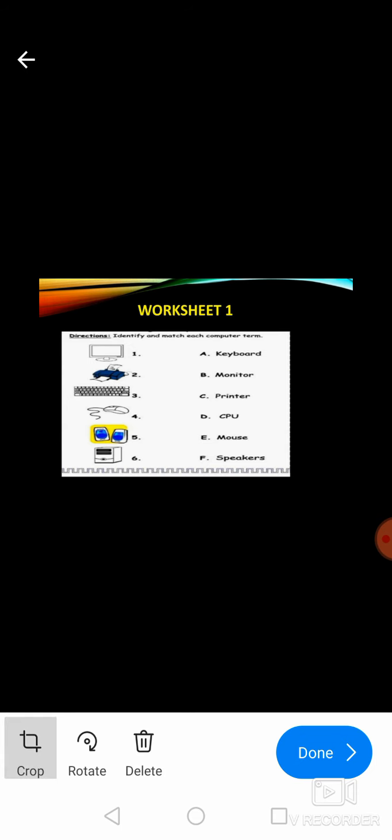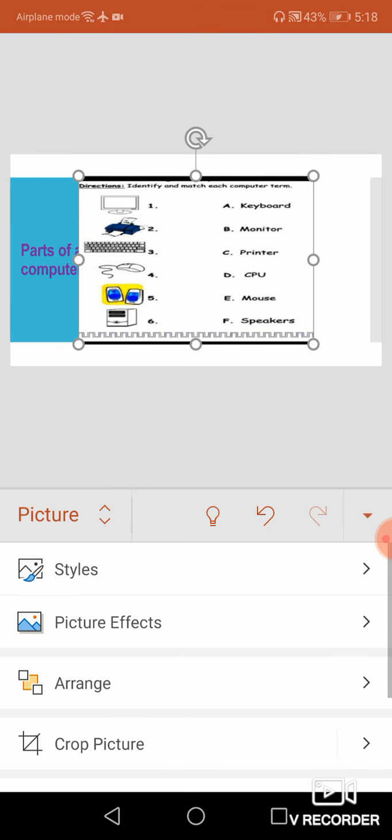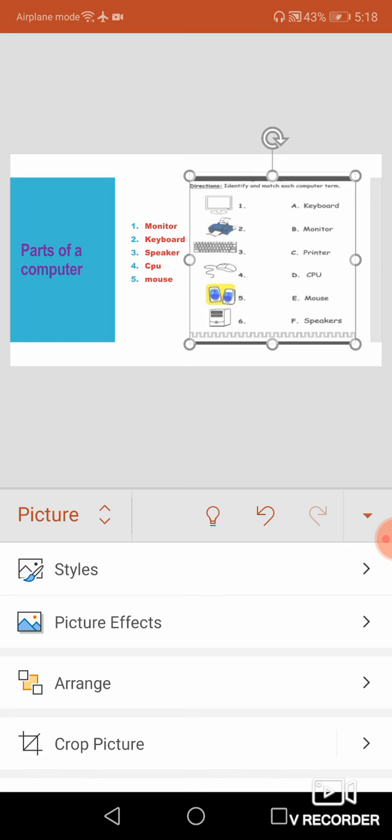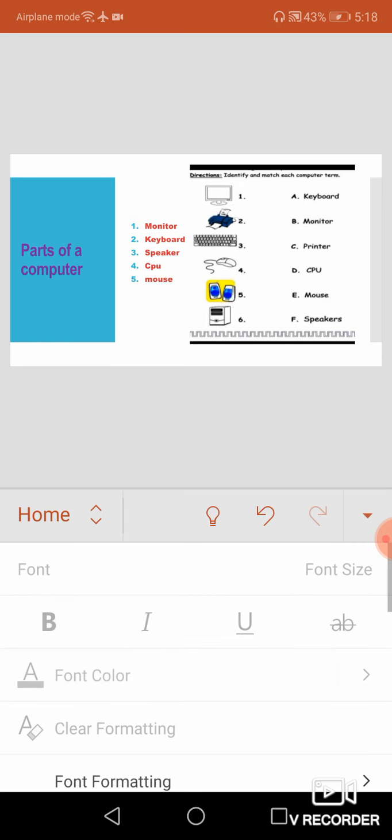If you want to crop any image, you have to go for the crop option, so that only that particular part is displayed. And if you want to resize your picture, just use these corners for dragging. So this is your picture, and this is the way to insert it.